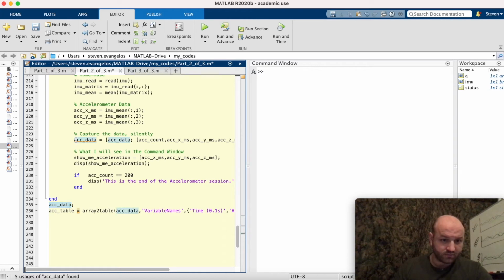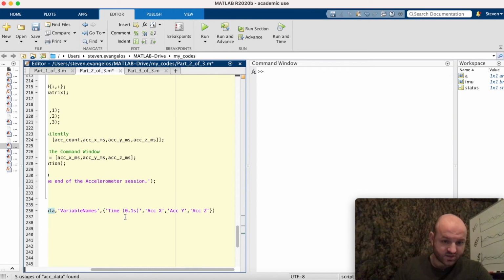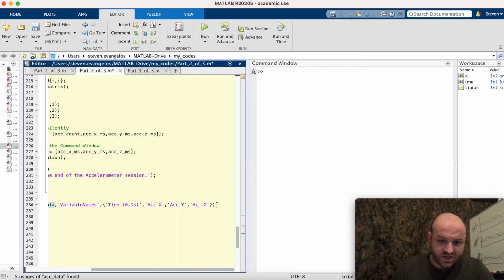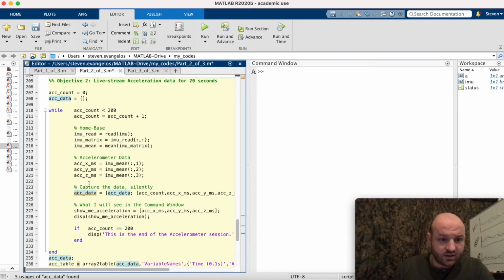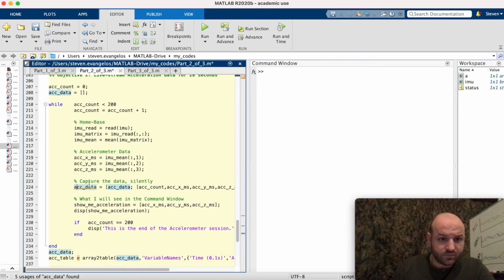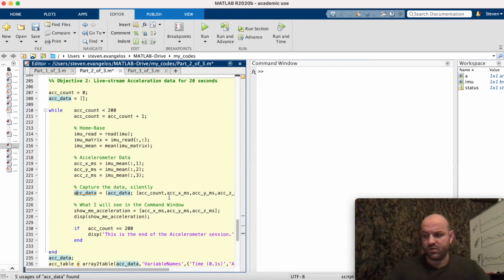Cool. All right, so then we ended our loop, grabbed the ACC data from here, and we converted it into a table with the following variable names: time in 0.1 seconds because it's 10 iterations per second, acceleration x, acceleration y, acceleration z. I didn't suppress it so that we'd be able to see. Okay, let's go ahead and give this loop a run. I'll grab my IMU here,